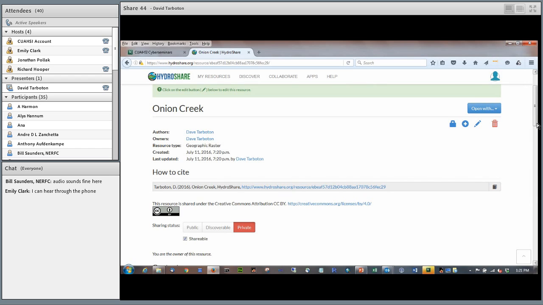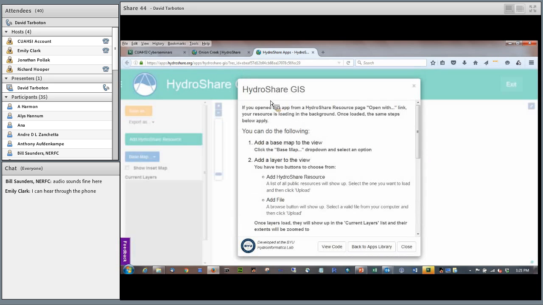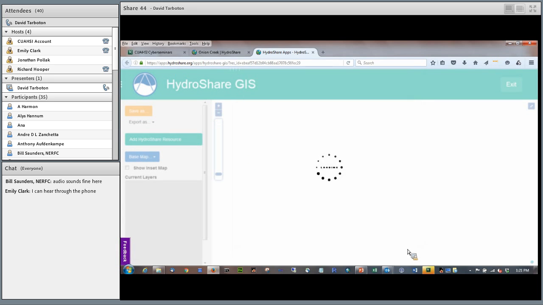I'm not going to do that. Firstly, I'm just going to show some of the ways of visualizing this data, and I'm going to visualize it in the HydroShare GIS app. So this is an app that's running at apps.hydroshare.org. It's a separate web server, but also part of